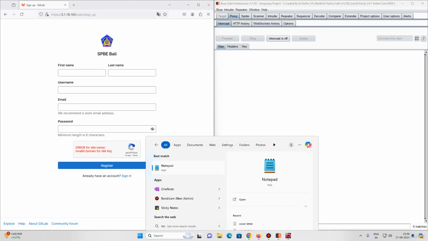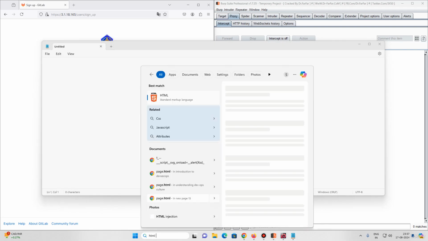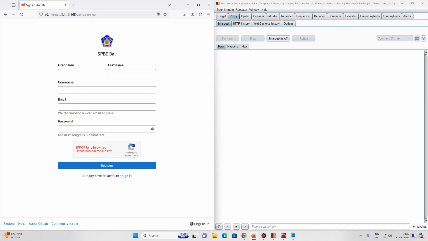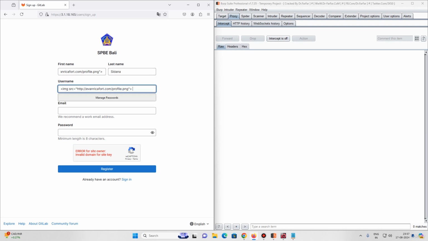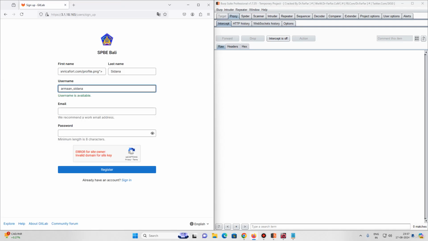Instead of the first name, I would prefer filling an HTML email injection payload over here. The last name, the username. In the username I would enter this again. Okay, it says only alphanumeric characters. It doesn't allow this as well. Okay, Arman underscore Sidana. It should not allow that as well. Okay, it's available. Then my mail,